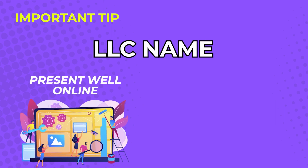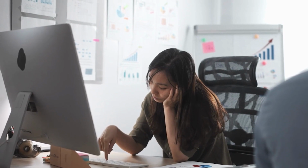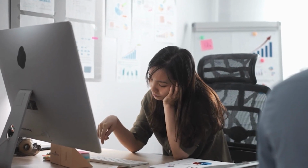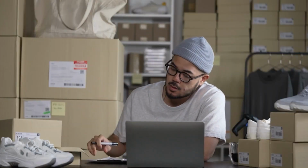Important tip. Come up with an LLC name that will present well online and be relevant enough to use as online tags and domain names. This is important so online users can find you when they search for online products and services they need. Online users have many choices and they get bored quickly, so make sure that your LLC name can get their attention. No matter how good your products are, you will have a hard time selling if people don't click on